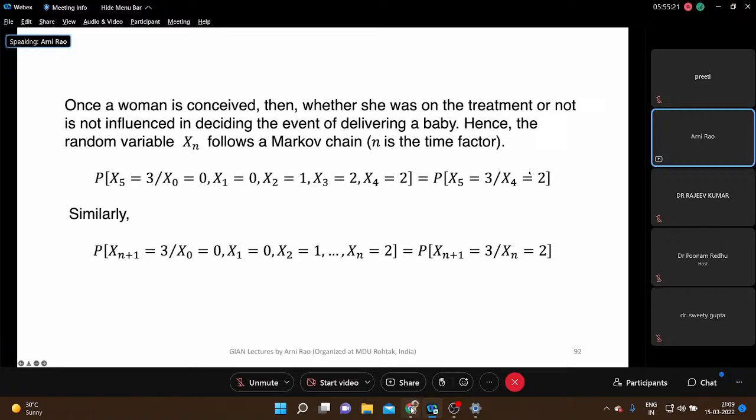When the woman comes to the clinic, we have to have this kind of probability so that, based on the woman's characteristics, genetics and other things, age and geographical location, all these things, the probability will change. So when the woman walks into the clinic, we can predict the probability of delivering a baby, so that she can make a decision whether to go for treatment, and if so, what kind of treatment.